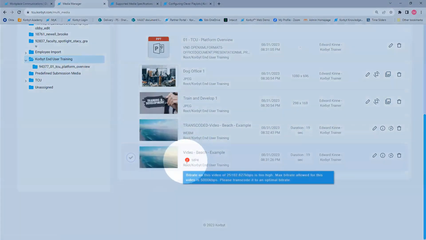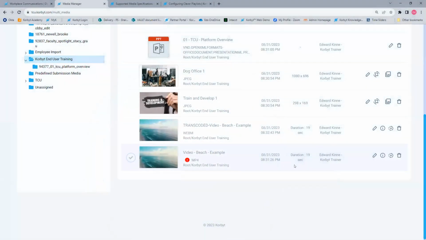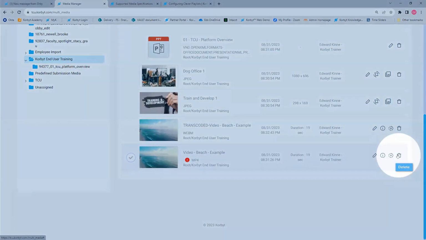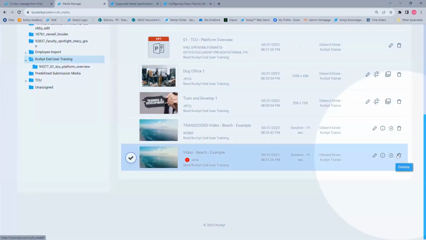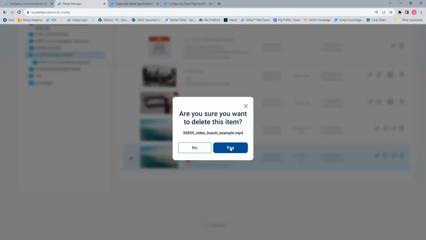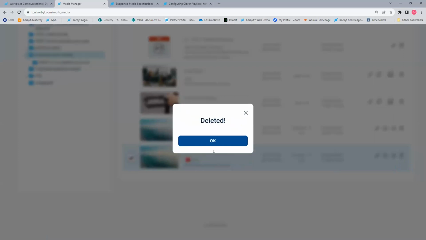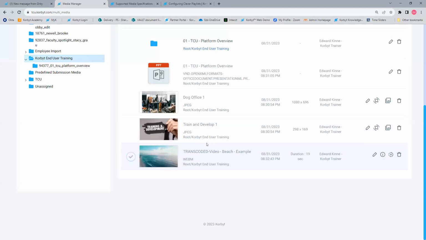Now, this video file, the one with that's too high a bit rate, I don't need that file anymore. When it comes time that you don't need items anymore, you can always delete them out of Korbyt. If you're a content approver, you have the ability to use the trash can to delete items. It does warn you, are you sure you want to delete this item? Yes, because once it's deleted, it's gone. There's no trash can. There's no recovering it. If you delete items out of Korbyt, the only way to get it back into Korbyt would be to re-import it from whatever the source was.